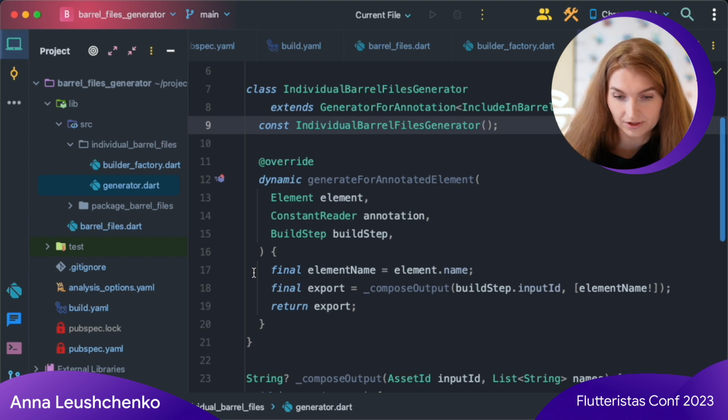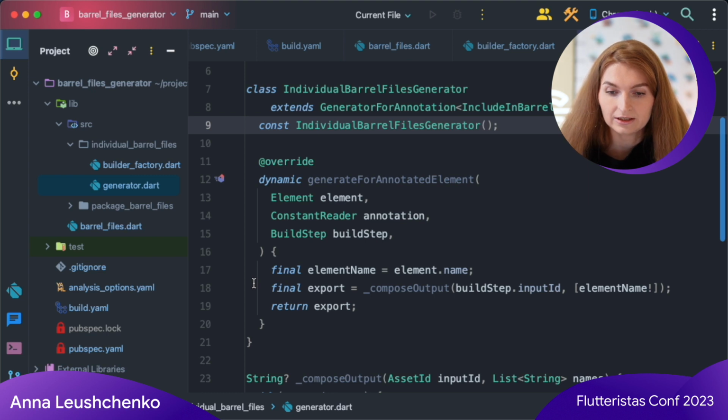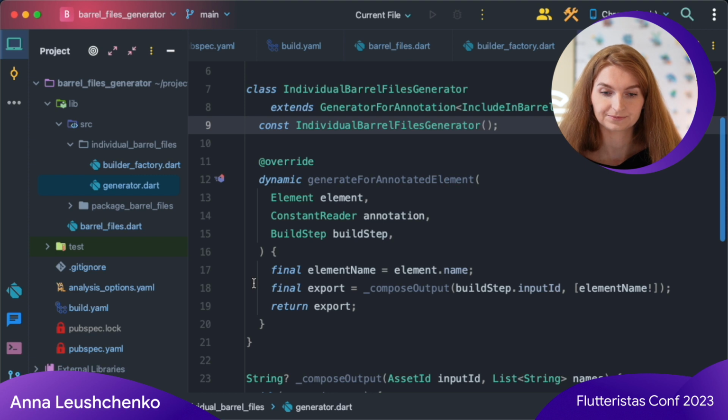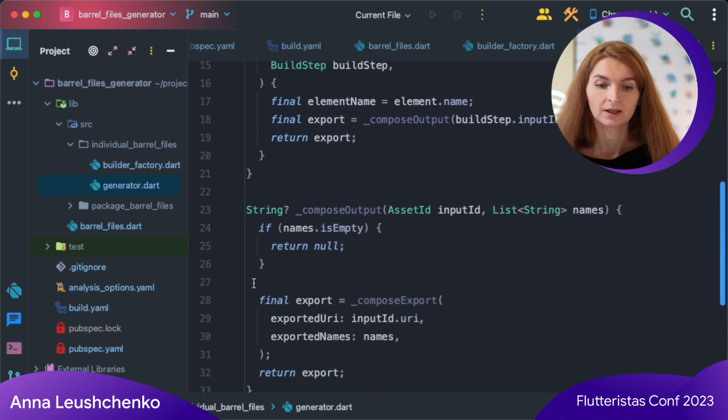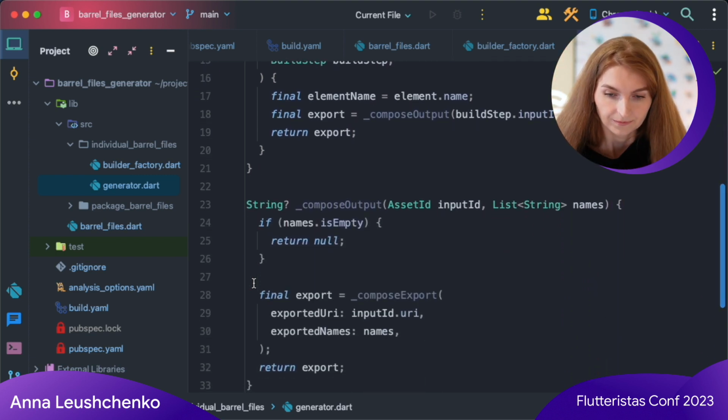So what I do here is I take the name of the annotated element and send it in an array to the compose output method together with the build step input ID, which represents the input file. The compose output checks if the input array is not empty.